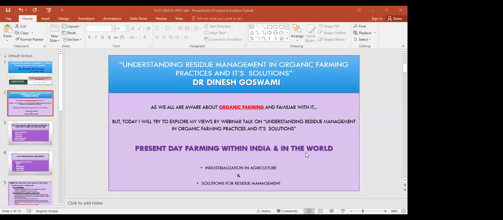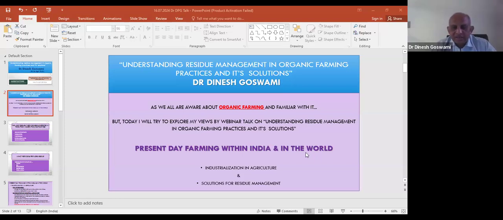Yes, sir. So see, there is not only one solution. There should be an integration of many aspects to reduce the residue. First of all, in organic farming, instead of chemical fertilizer, we are recommending organic inputs. But in organic inputs also, there are many ingredients that can directly or indirectly enhance the residue. For example, city compost itself is a mixture of industrial waste. Not in all cases, but sometimes there is industrial waste pollution in